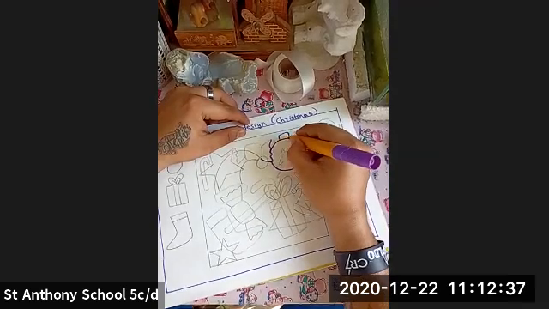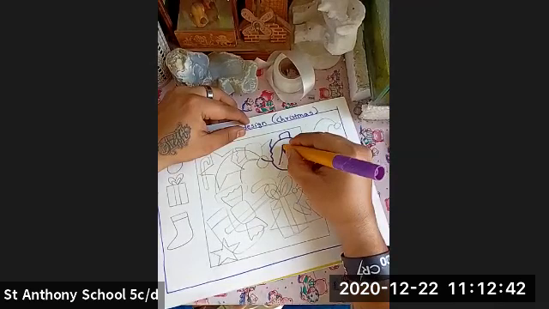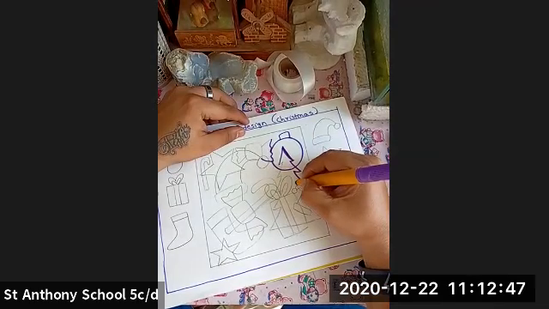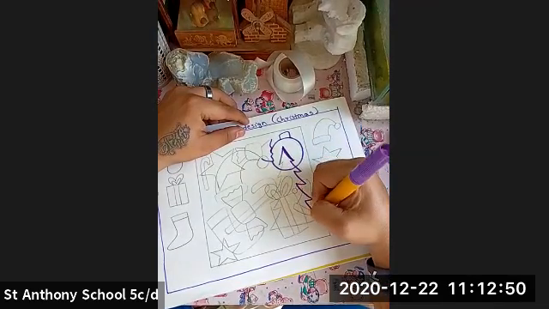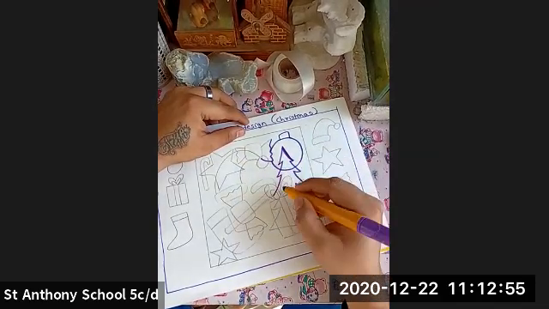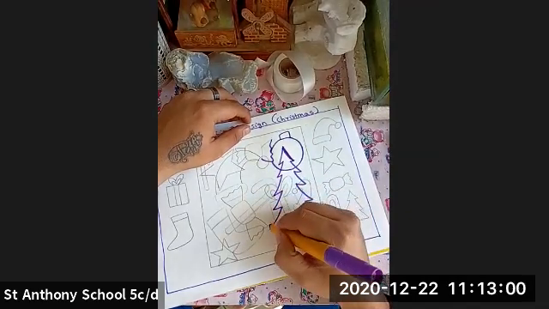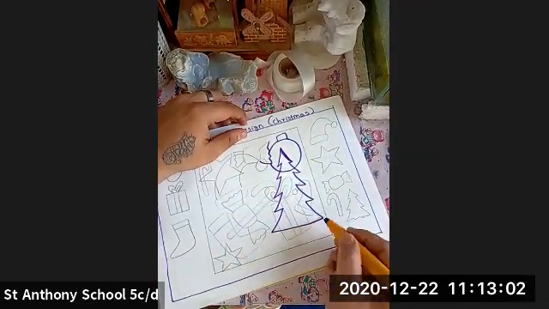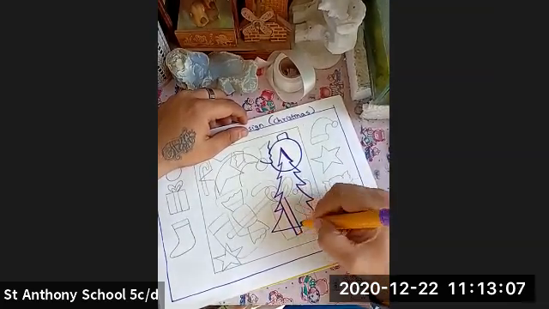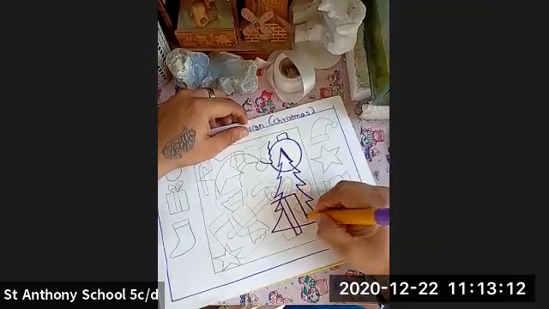This is how you can create the outline properly. Yes, after that you have to complete the whole outlines in this way.